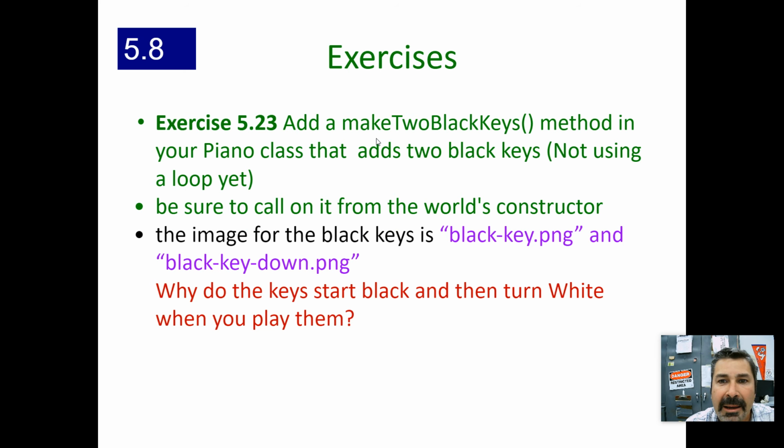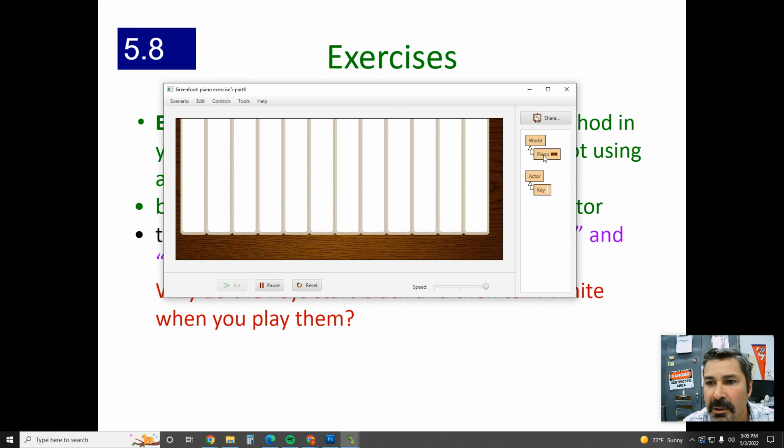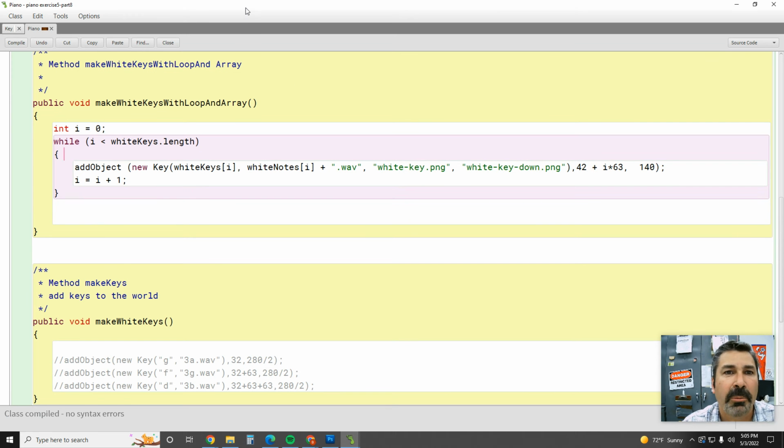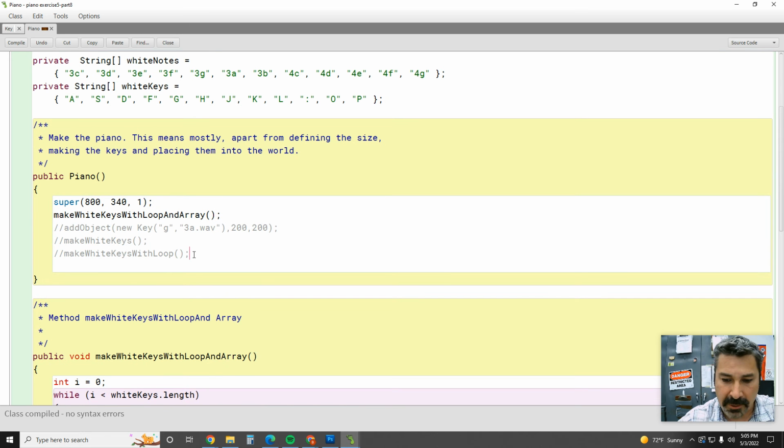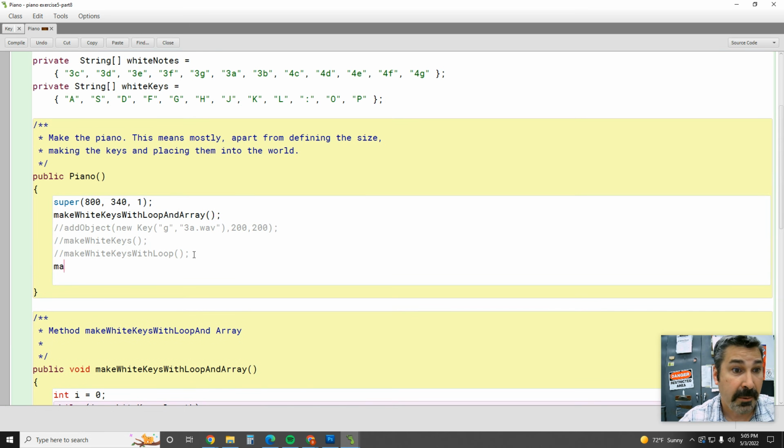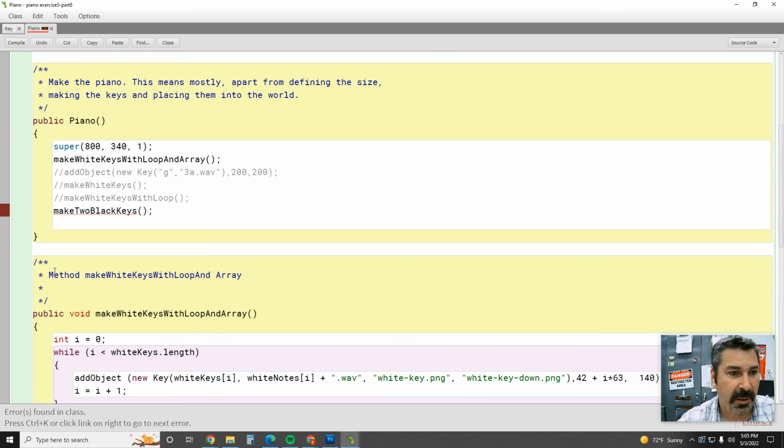Okay, so now add a makeTwoBlackKeys method in your Piano class that adds two black keys, not using a loop yet. Be sure to call it from the world's constructor. All right, so you're going to have to do this on your own, but I'll help you a little bit. So we're going to come up here and we're going to say makeTwoBlackKeys, semicolon,